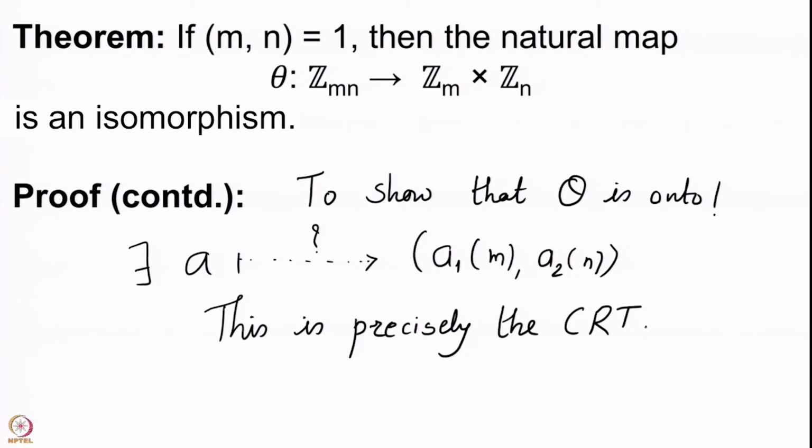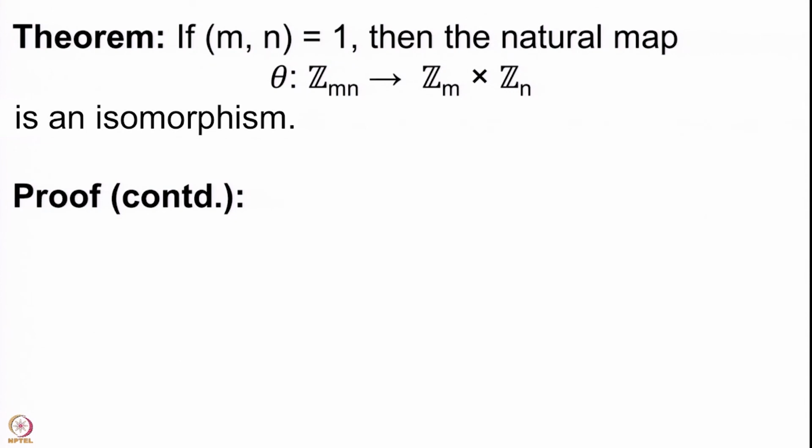The Chinese remainder theorem tells you that when you have two moduli which are co-prime, which here are m and n, we assume that m and n are co-prime. This is given to us in the statement already. So, for any A1 and any A2, you have a natural number A satisfying that A is congruent to A1 mod m and A is congruent to A2 mod n, and then you simply look at that A modulo mn. So, the Chinese remainder theorem gives us the onto-ness, and finally we need to show that theta is injective